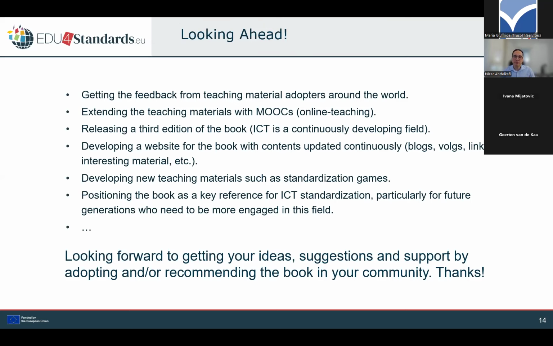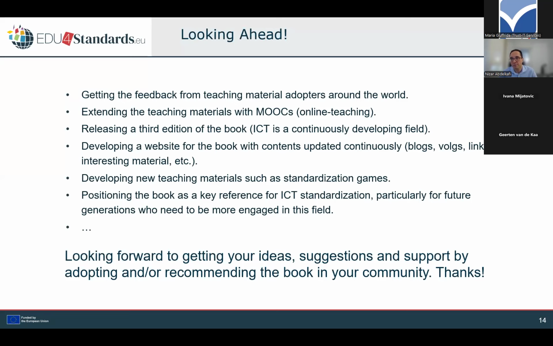Now, if we try to look ahead, perhaps what we would like to do in the future, first of all, if you use the material or you read the material or you go through it, we will be very happy to get your feedback. We would like also to extend, if possible, the teaching materials with some MOOCs, getting into the third edition. Also, why not develop a web page around the textbook,